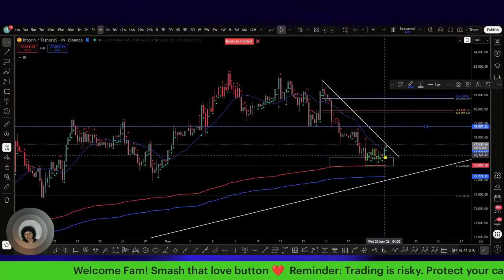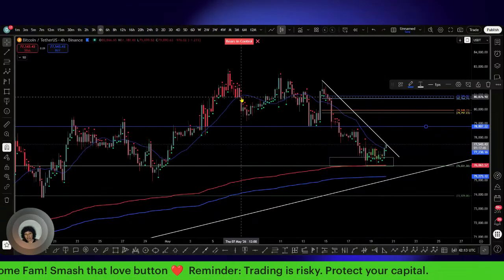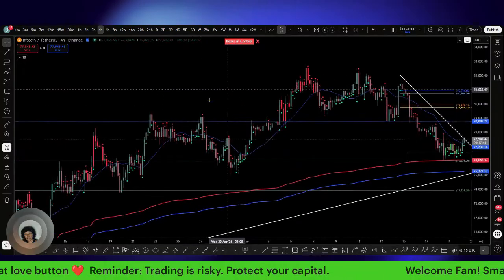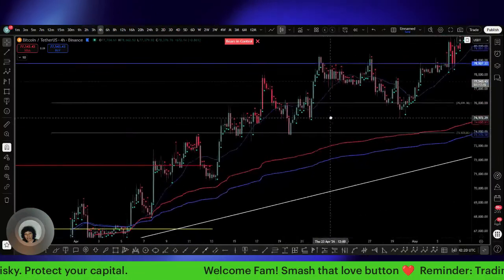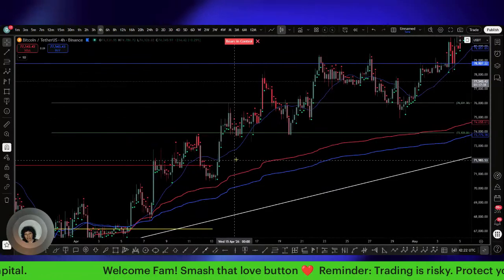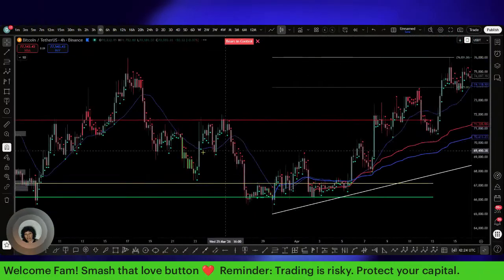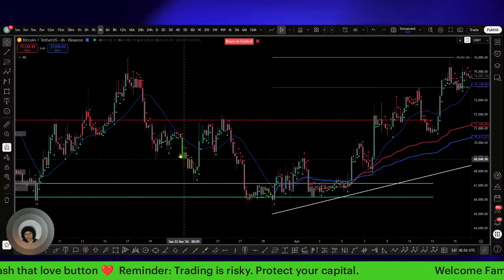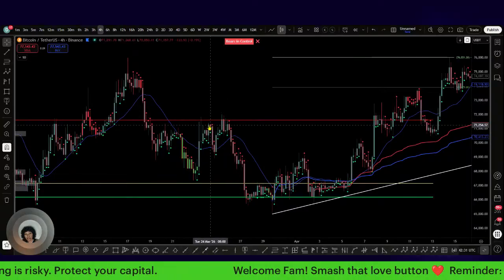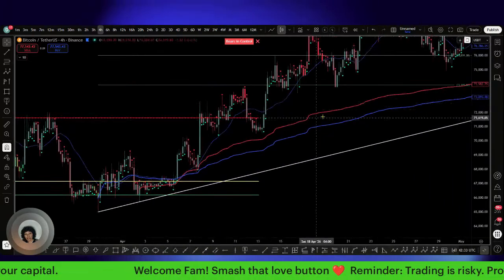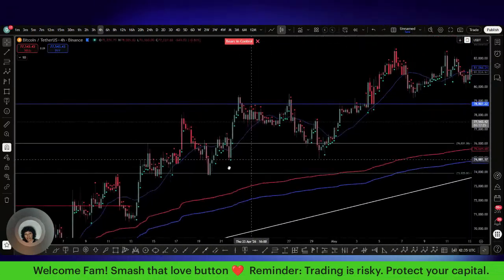So I'm naturally looking for a move back into here, naturally looking for a move back. So you can see what I'm looking at, how that works out. Right here, it has to come down, because it has to push into that 20 SMA. It has to go up because it's green, it's squeezing. Price action is going to have to push up if it's going to get rid of that. It has to push up, push down, over and over again. That's how that works.